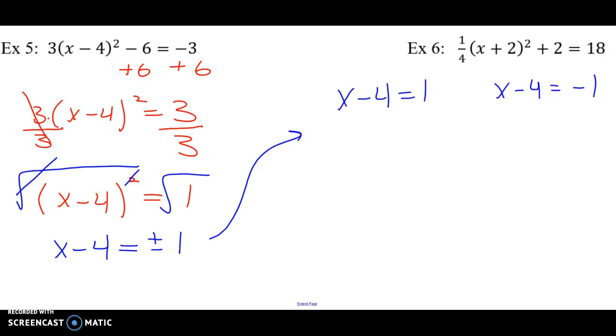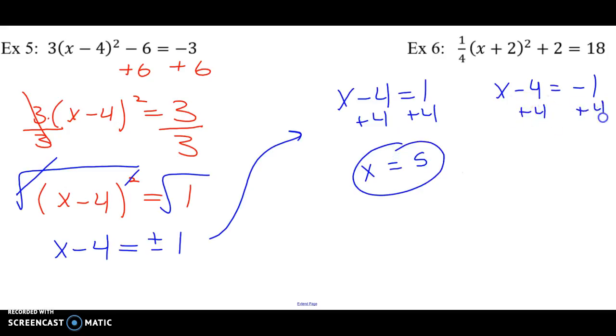So we do our 2 separate equations, add 4 over, and what's one of our answers? 5. Add 4 over, and our other answer is x equals 3. So you get 5 and 3. That means this parabola crosses the x-axis at 5 and 3. All right, do number